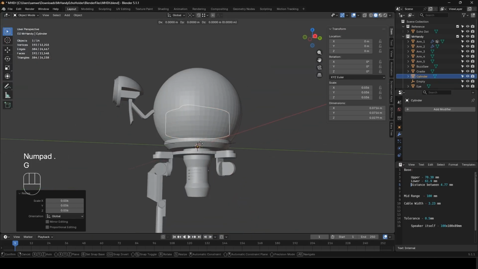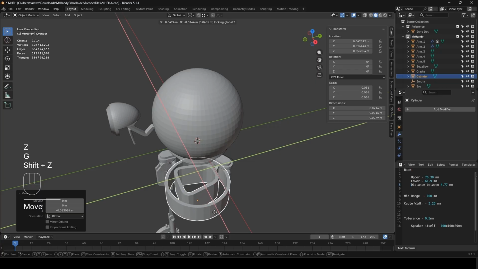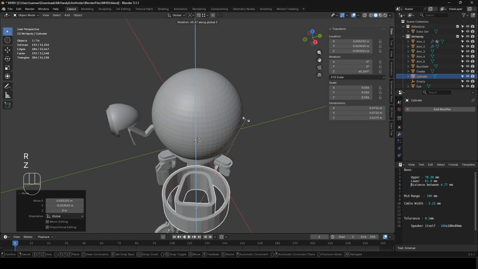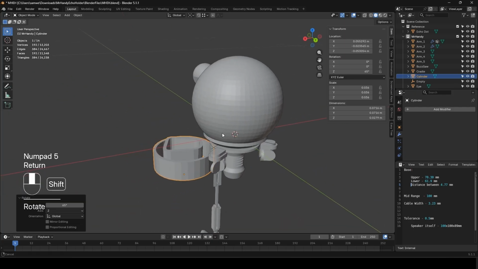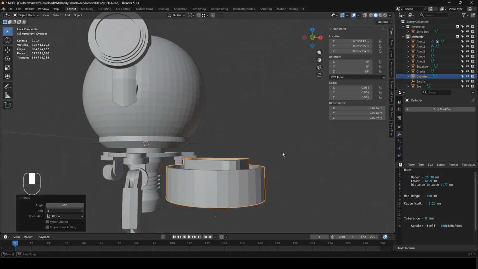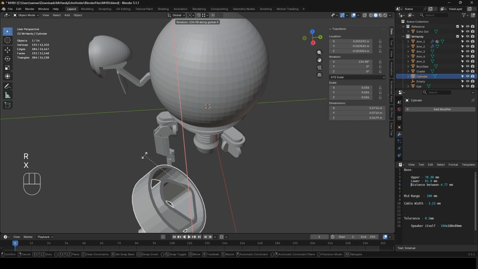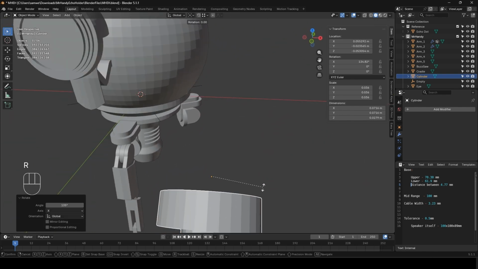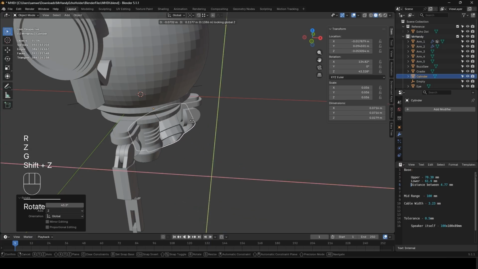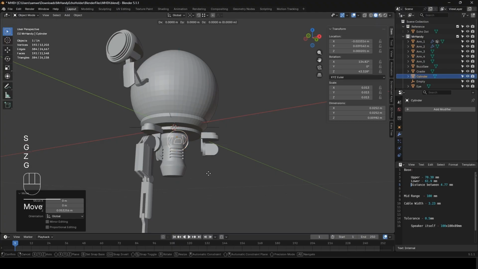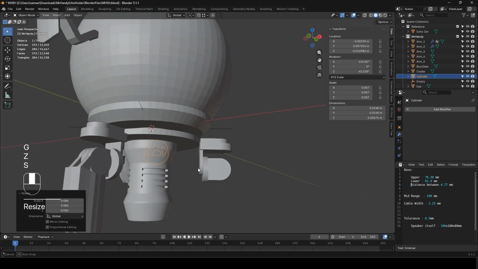And then what we can do is bring it down, bring it out a little bit, and then the thinner part is towards the top, so it needs to rotate about 65 degrees apparently on the Z. And then now we need it to somewhat, in fact what might be better is if we rotate it on the X accordingly, so it's about there, and then rotate on the Z, and then if we just sort of, whoops, scale it in, move it up, and then move it out, bring it down, scale in,